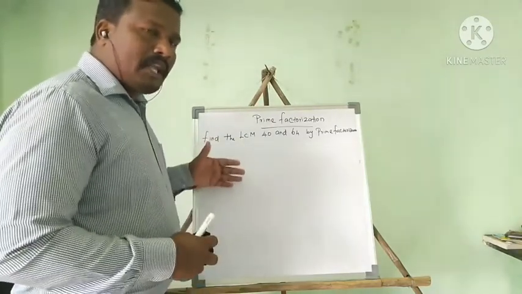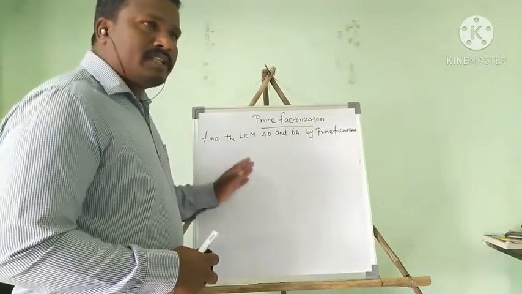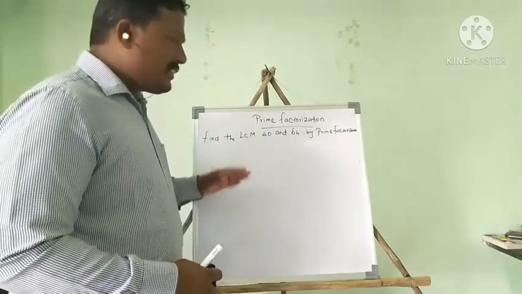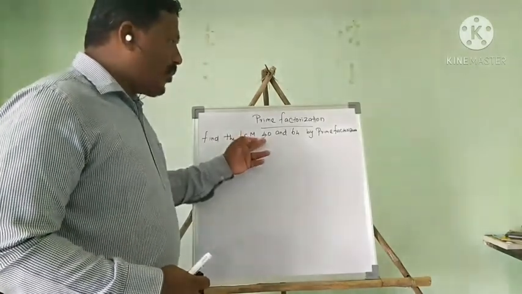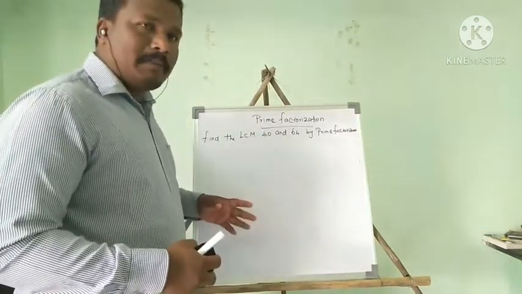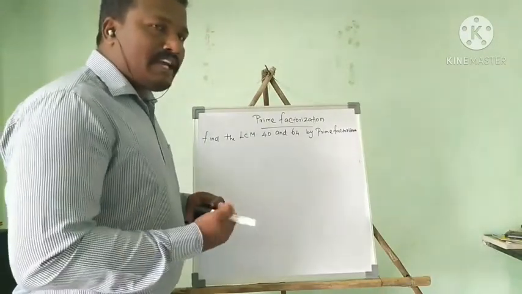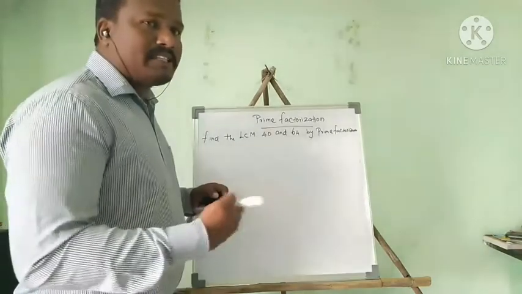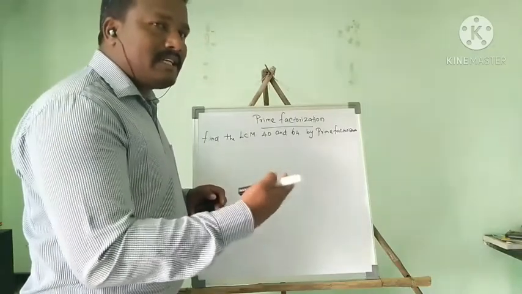How did we previously find LCM? If I give 2 and 3, so the multiples of 2, you know, 2 2s are 4, 4 2s are 8, then we can easily find out. Then for 3, we can easily say the 3 table. But in this kind of number, 40 and 64 are big numbers. We don't know the 40 table and 64 table. If we know the table, we can easily find. So I am trying to find the multiples of 40 and 64 by the common method, what we discussed previously, how to find an LCM. That's the normal method.